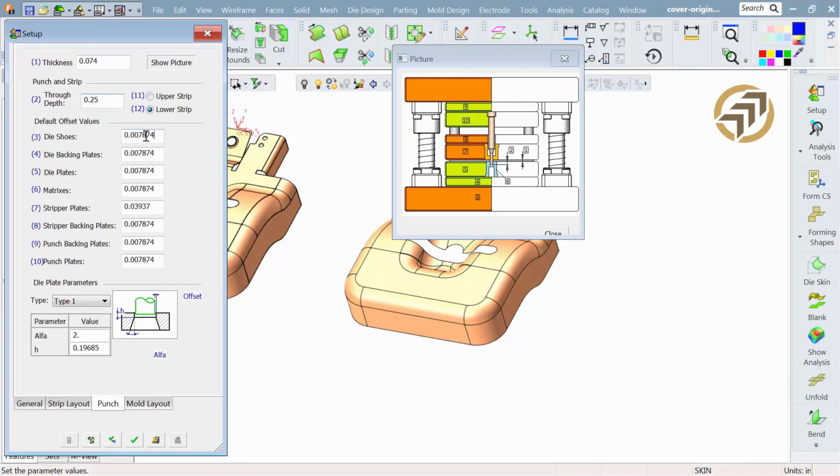Now, seeing that diagram, we're setting the distance that the punch will travel through the steel on shaping it and cutting it, and then we're setting up the clearance now for each of those components that you see on that diagram. You know, some of these are going to be a simple slug drop like going through a shoe. Others we're going to do a shear, so we'll put in the 10-12% you would expect. Others like the die backing plate, we're not going to have a hole. The punch holder plate, that's going to just basically be the retainer, so we'll put in what our slip fit